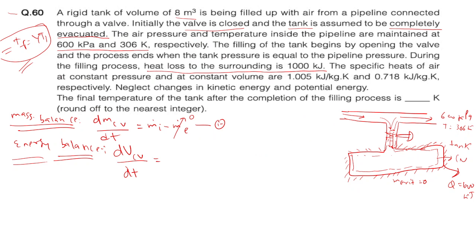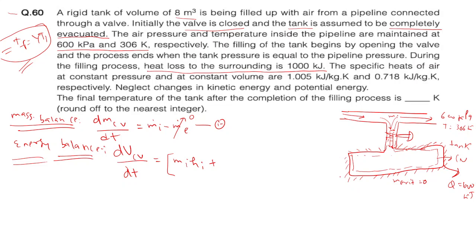Let's suppose initially it is evacuated for this problem. If something is there initially, that will also be taken into consideration. But let's suppose from here m_i is coming in. So m_i and whatever the enthalpy of this is, that will be m_i into h_i. This is coming into the system, right? So this is positive. If anyone has a doubt, let me know. This is positive.